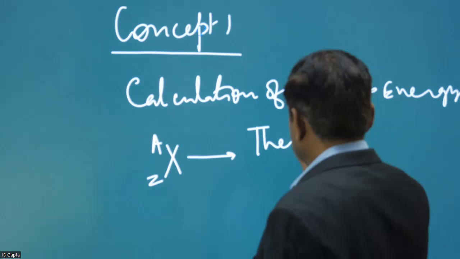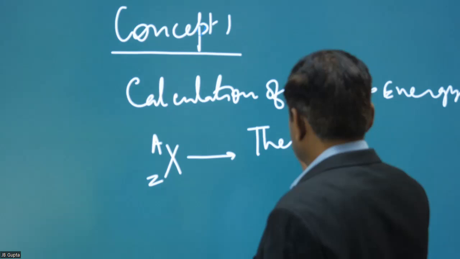So you'll see now the mass defect. Mass defect becomes ZMP plus A minus Z Mn. When you calculate this, all these masses will be given in grams, mass of the proton, mass of the neutrons, or it will be given in AMUs. So when you calculate this, you'll find that this is slightly more than the actual mass